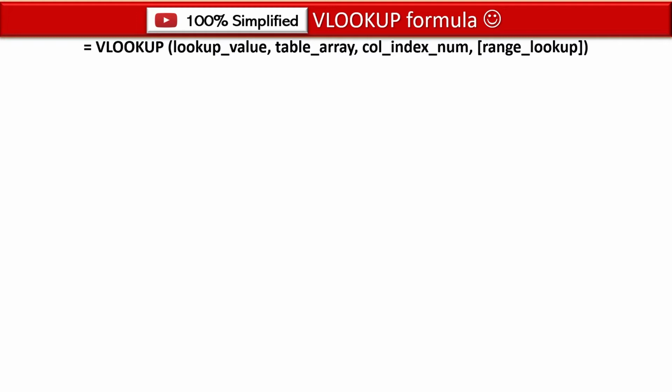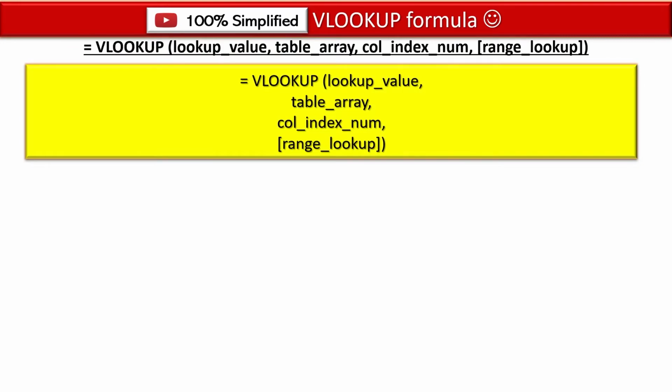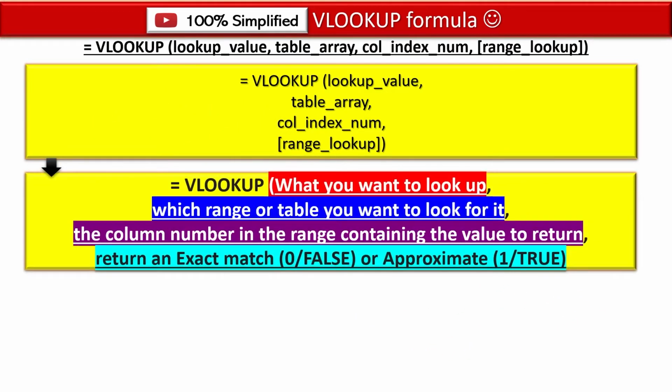Finally, to conclude this real life example, I have put a 100% VLOOKUP formula in front of you. As you can see on the screen, the first part is VLOOKUP and then the 4 values which you need to enter. This is available in Excel also. Now, if I take this into 4 parts: lookup value, table array, column index number and range lookup. If I simplify this further, it looks like this.